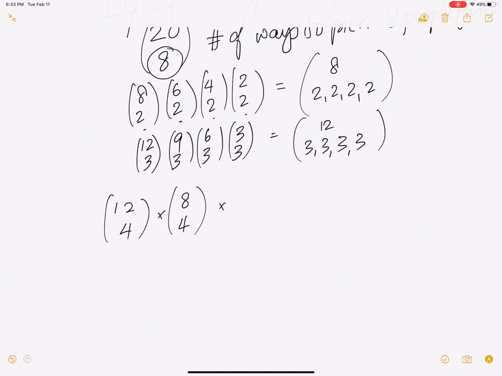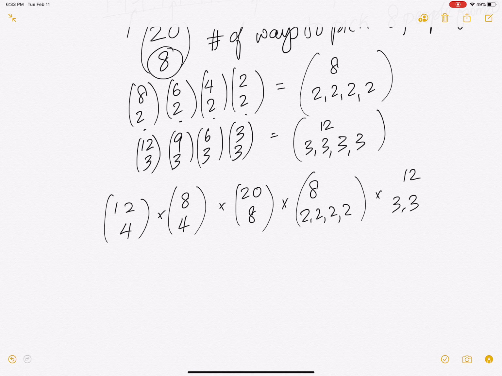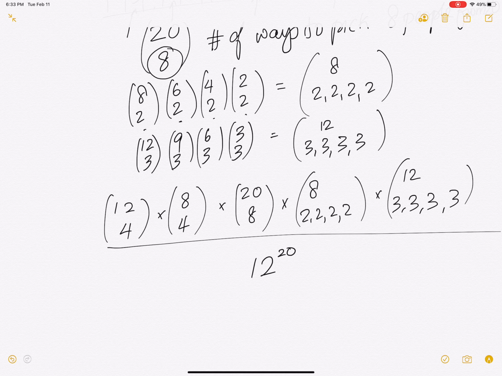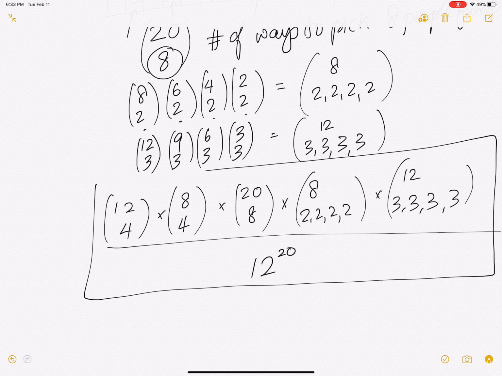Then we multiply it by 20 choose 8. Here we're picking the 8 people that'll be in the 2-person birthday months. Times 8 choose 2, 2, 2, 2. Times 12 choose 3, 3, 3, 3. Okay, that's the numerator, and the denominator will be 12 raised to 20. So this is the answer